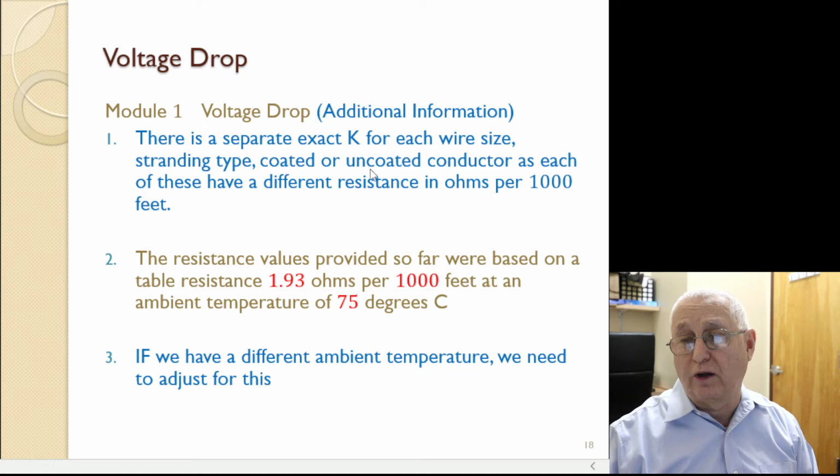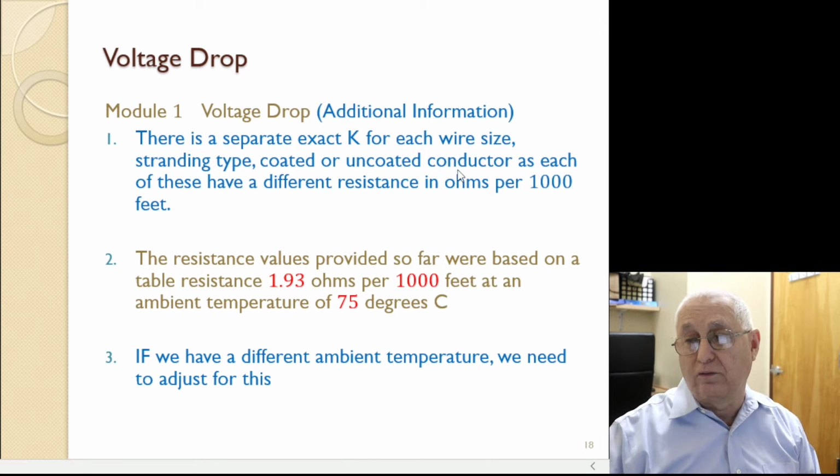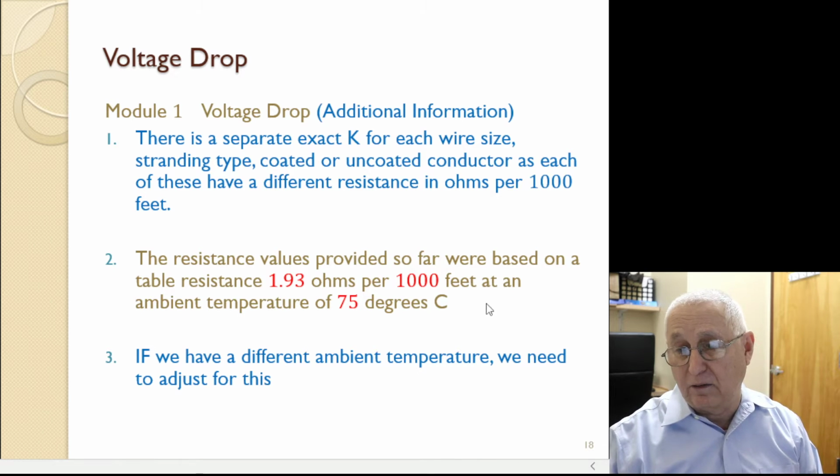Stranding type, coated or uncoated conductor, as each of these have a different resistance in ohms per 1,000 feet. The resistance values provided so far are based on table resistance of 1.93 ohms per 1,000 feet at an ambient temperature of 75 degrees C. That's the temperature that was calculated for that table that we looked at in Chapter 9, Table 8 of the